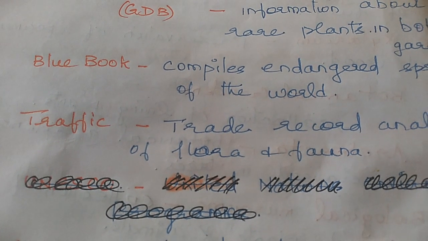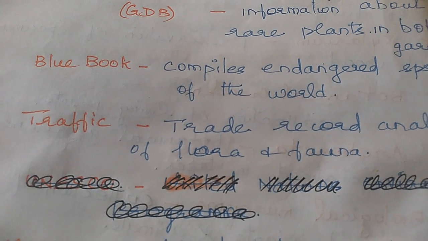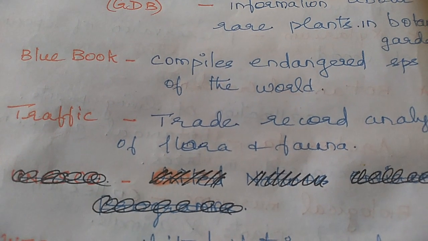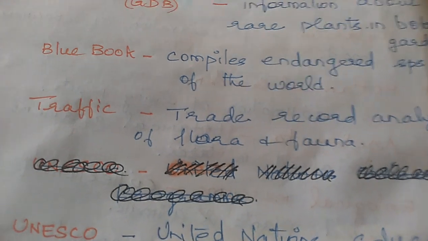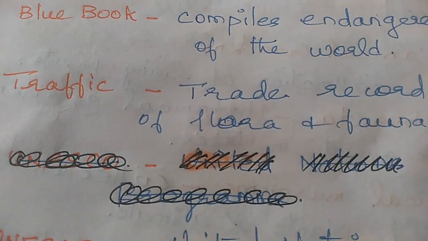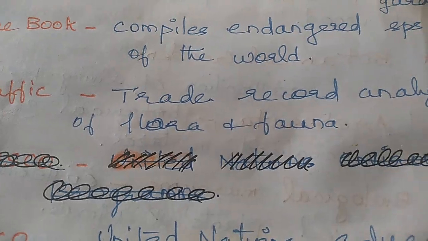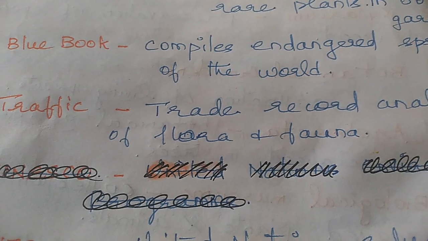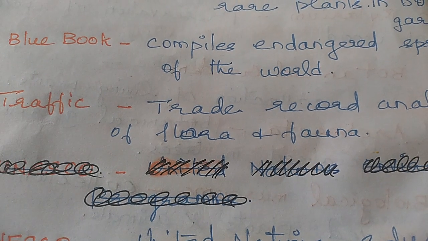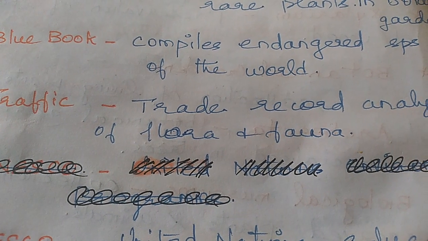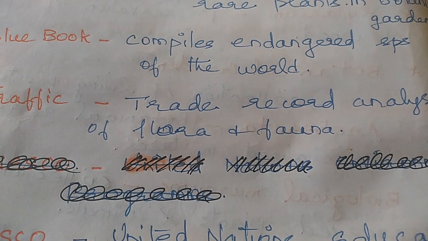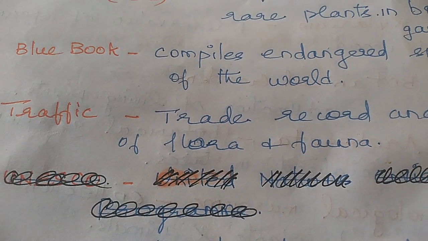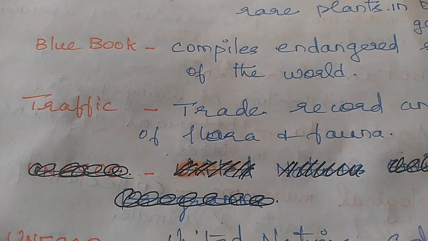So this way of creative learning is very helpful, and you can enjoy by creating or imagining different stories for each and everything. And the next one is TRAFFIC. So TRAFFIC means it is a trade record analysis of flora and fauna. Flora means plants and fauna means animals. So this is a non-governmental organization. It prevents the illegal trade of wildlife. So in order to remember this point, just imagine that all the flora and fauna are creating a traffic jam